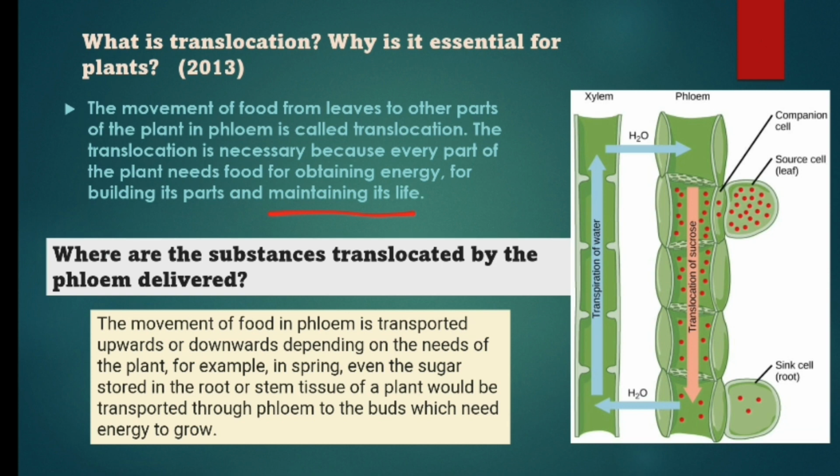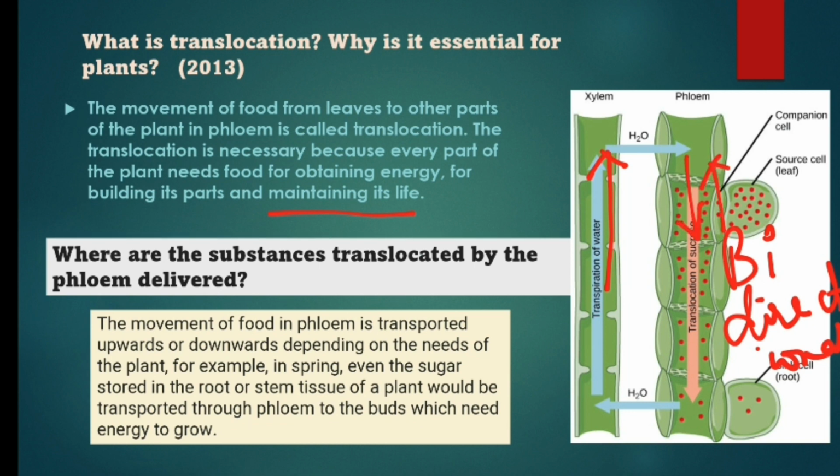Alright, so translocation is the process of transportation of food that takes place with the help of phloem from the region where it is produced, that is from leaves, to different parts of the plant. What are the substances translocated by the phloem? Where are the substances translocated by the phloem delivered? The movement of food in phloem is upwards and downwards, so the food moves in a bidirectional manner. So I hope you know this. Whereas in xylem, water moves only in one direction, whereas food moves in both directions. Okay,